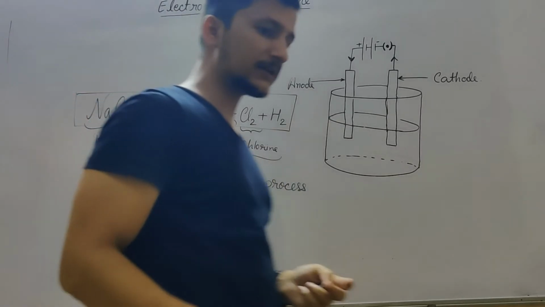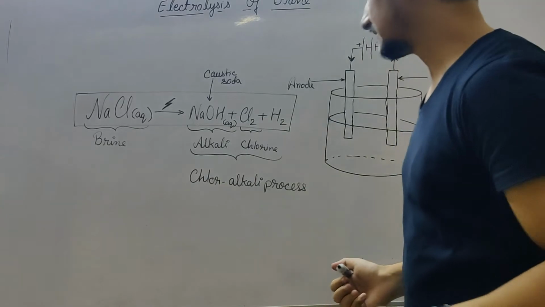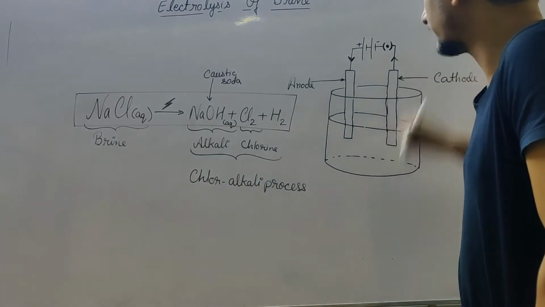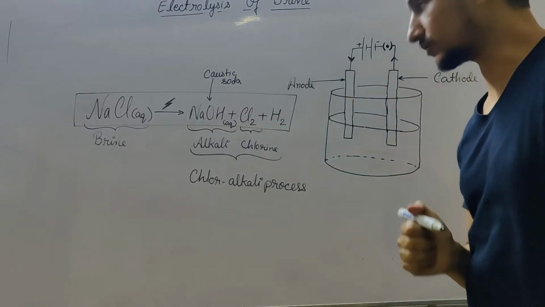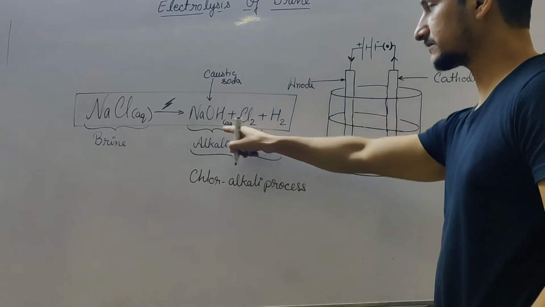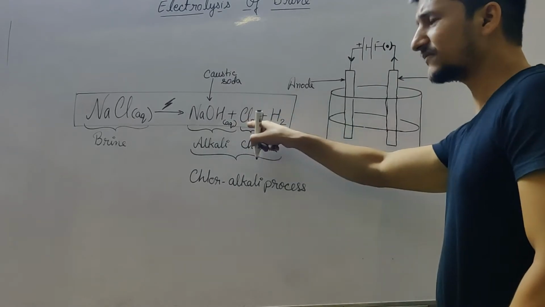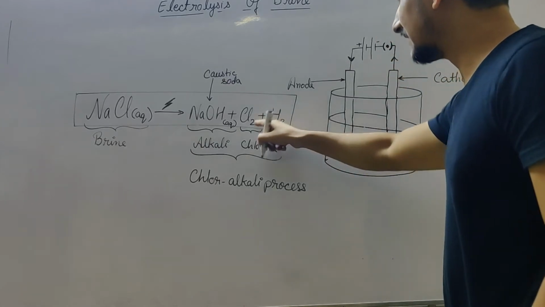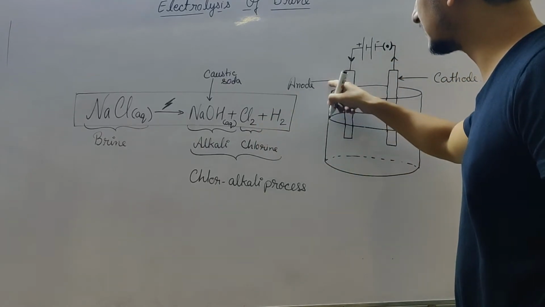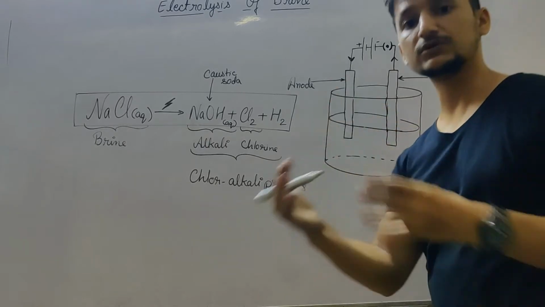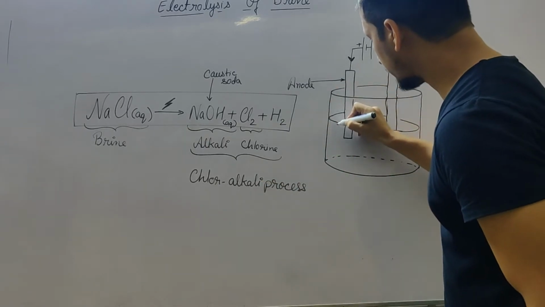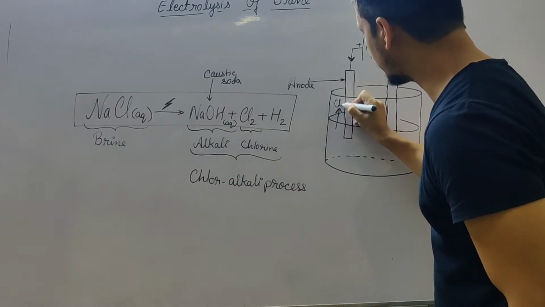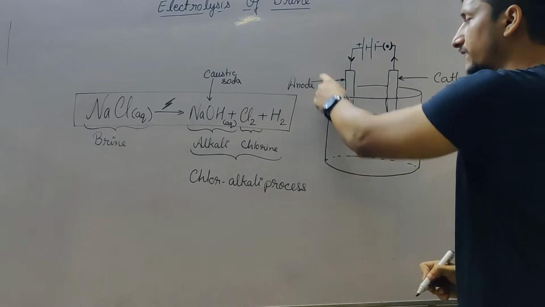Now there are many questions that we get in exam, that what will be formed at cathode, what will be formed at anode during chlor-alkali process. Now look, here we have three substances that are produced. Chlorine, we know that chlorine contains negative charge, that is negative ion. So the negatively charged ion will be attracted towards the positively charged electrode because opposite charges attract each other. So near the anode, chlorine gas will be formed. So Cl2 gas will be formed near the anode.